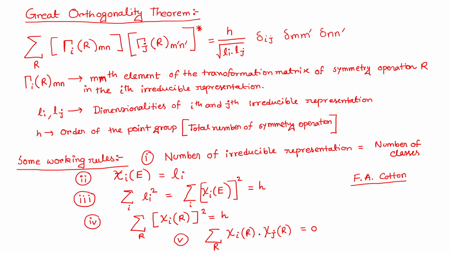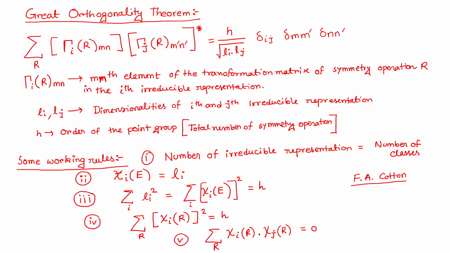this gives us a summation over all the symmetry operations, and then there is gamma i R mn, that is the mnth element of the transformation matrix of symmetry operation R in the ith irreducible representation. Similarly, gamma j R m'n' is the m'n' element of the transformation matrix of the same symmetry operation R in the jth irreducible representation. But we have to take a complex conjugate of this, and if we multiply this with gamma i R mn and sum over all the symmetry operations, we are going to get h by root over li lj, where